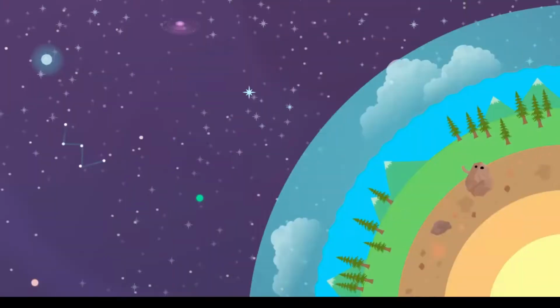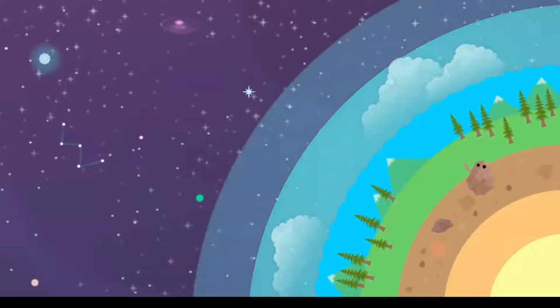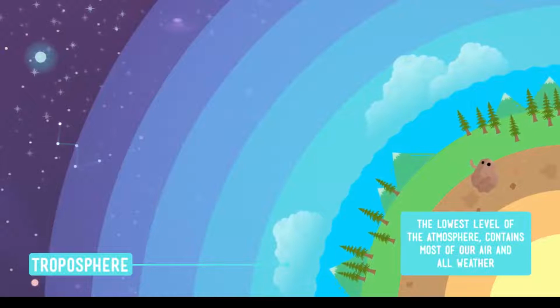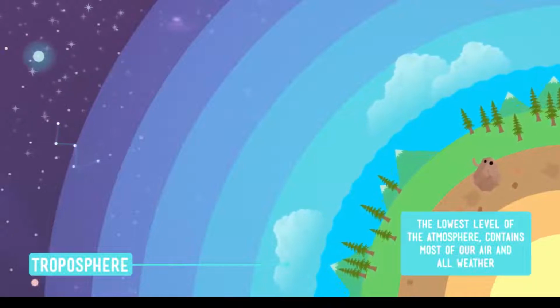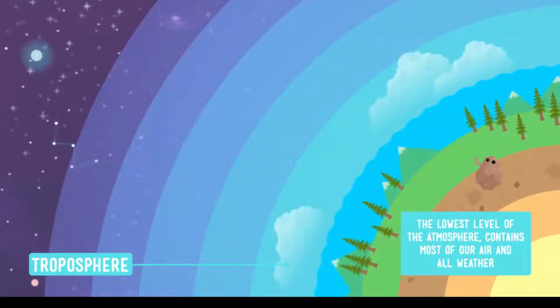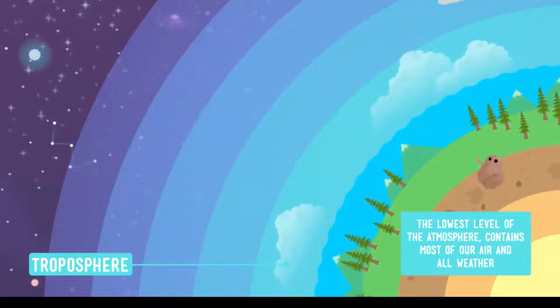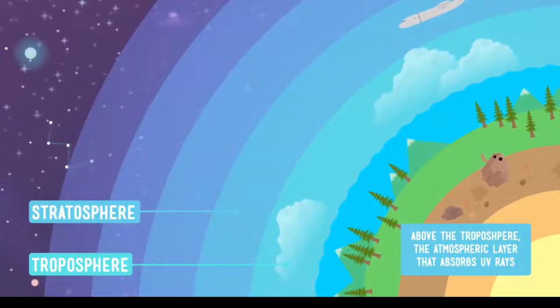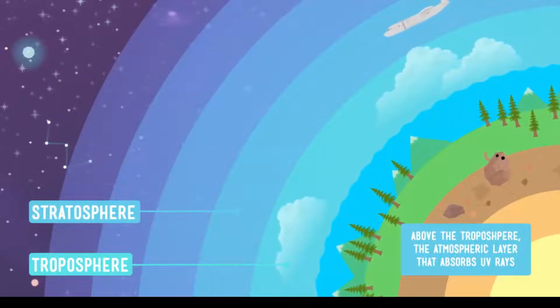But our atmosphere blanket isn't all the same. It's split up into many different layers. The troposphere is the lowest layer. It contains 80% of the air on the planet. It's also where all of our weather takes place. Above the troposphere is the stratosphere. There's no weather up there and much less air, but there's still important gases in it that help absorb harmful